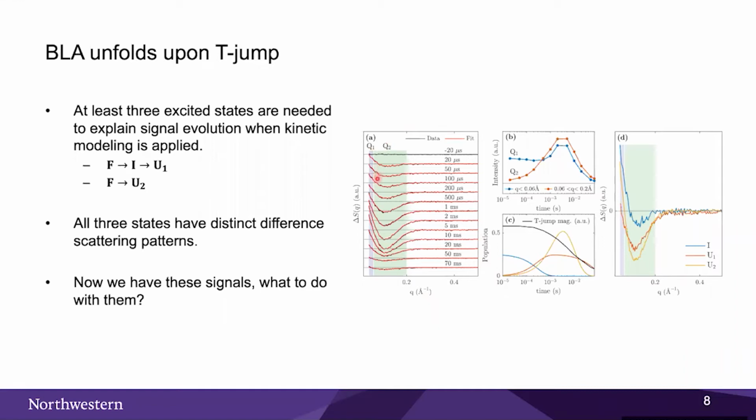So what you're looking at here is the protein-only response at the low, and we're only showing the part where there are detectable differences. Okay, and you can also see there are two shades in this panel A, where the Q1 and Q2 are arbitrarily defined regions. The reason we're choosing these regions is to show that they have distinct kinetics.